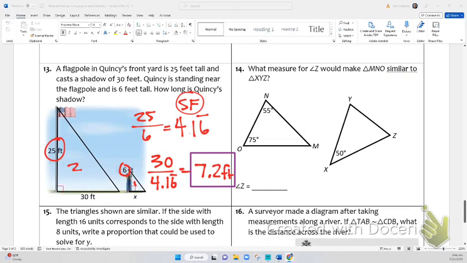But again, if you use a proportion, that would work perfectly fine as well. Okay, so,